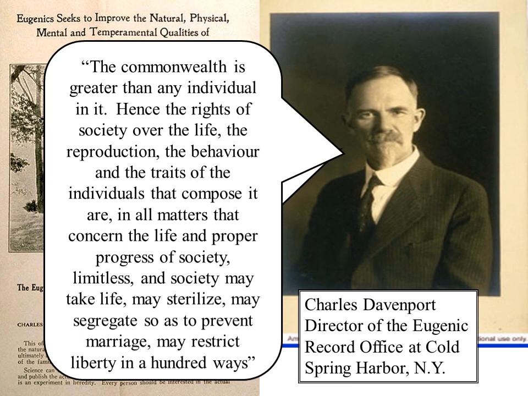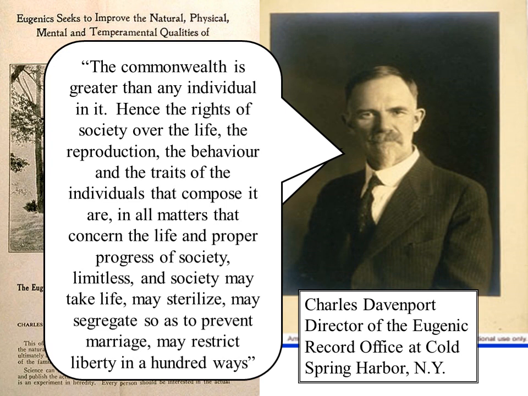So he's basically saying here, right, the needs of the many are greater than the needs of the few. Just because a few thousand people might be complaining because we've sterilized them, or we're not allowing them to get married to who they want to get married to, well, big deal. Because in the end, it's making society better that's important, than if a couple of people are happy or not. And so he actually begins to push for particular laws to be put in place pretty quickly. And he and his assistant Harry Laughlin have a lot of sway in Congress.